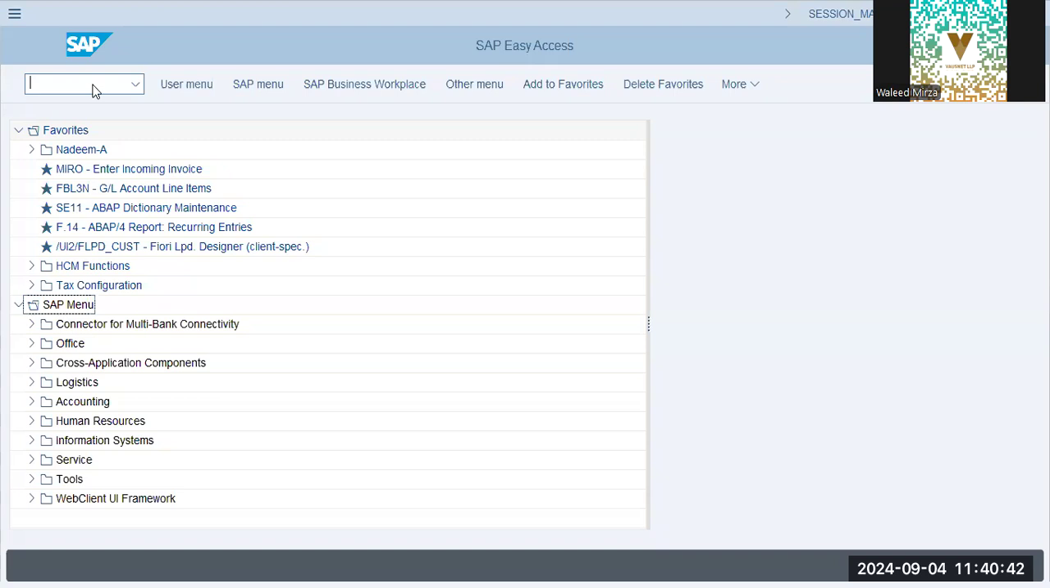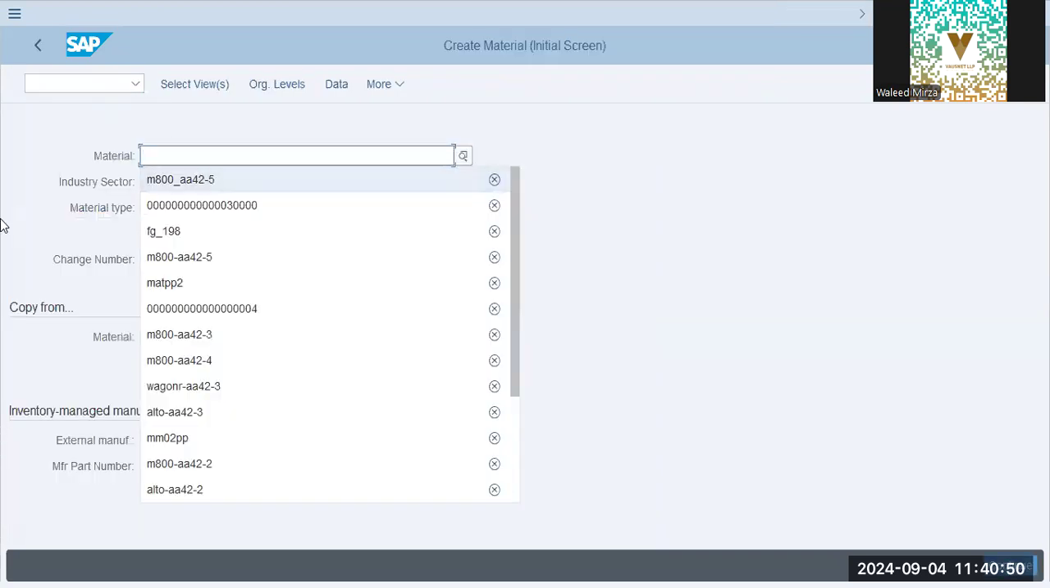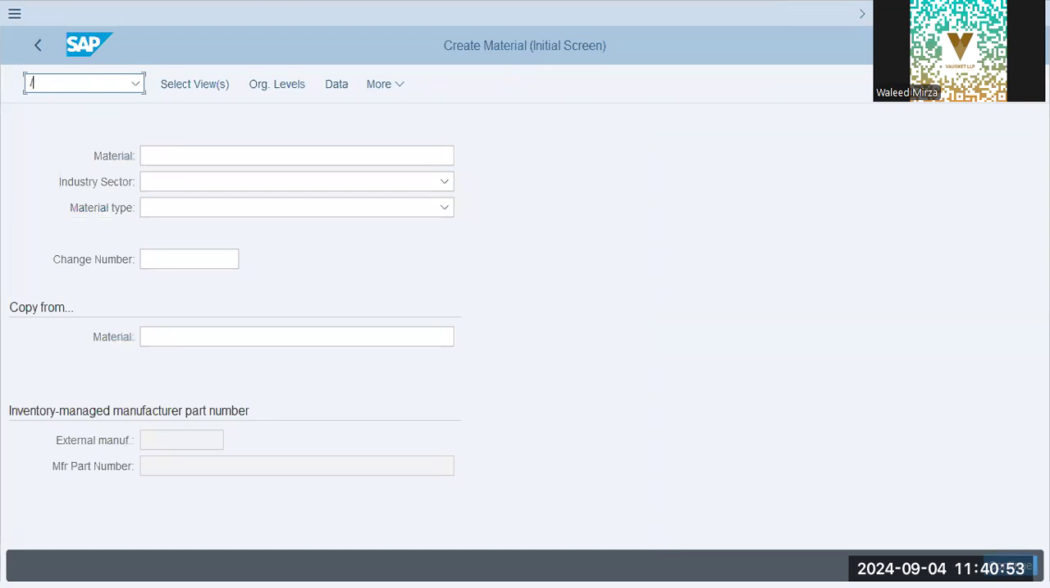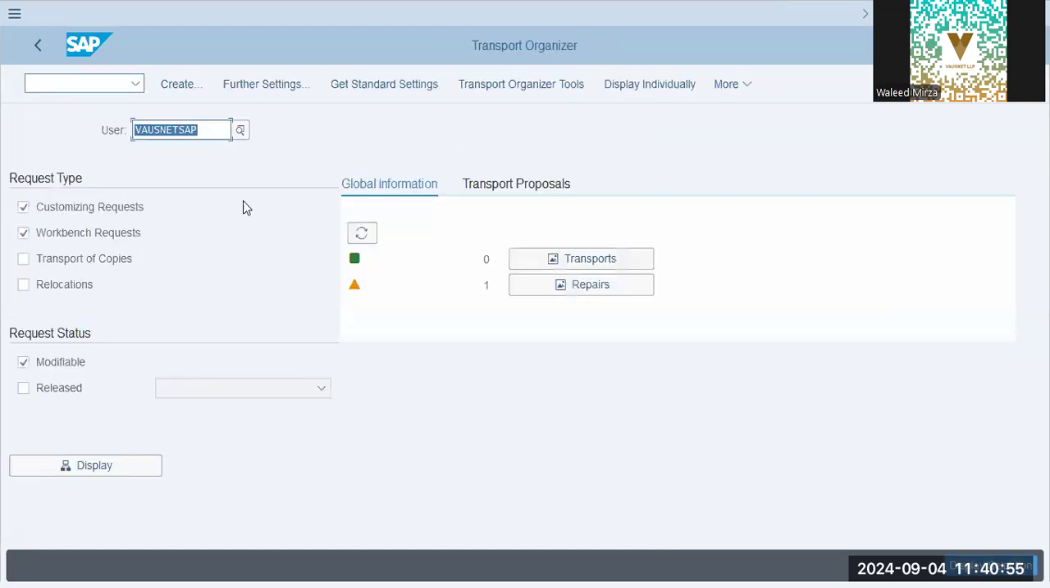Now let's create a material master. Before we go into creating material master, let's see what are